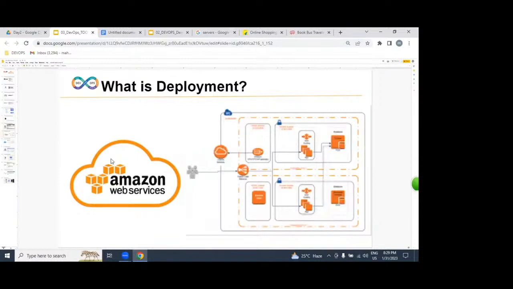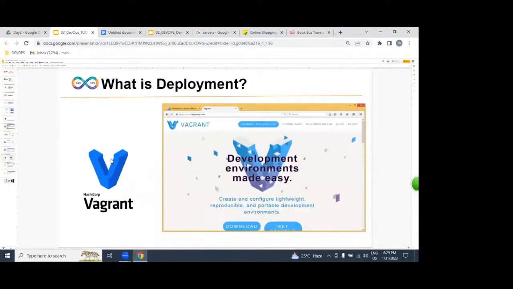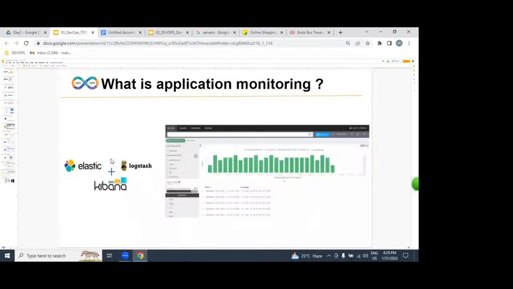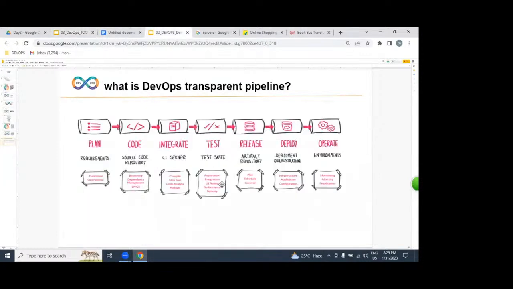AWS, complete AWS, will take more than 6 weeks. Docker, Kubernetes, Vagrant, Nagios, ELK, and Terraform. So these are all the tools we are going to be using for implementing this DevOps transparent pipeline.